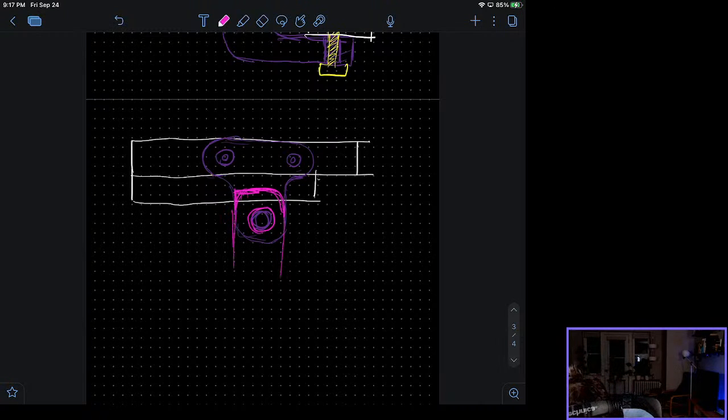It's gonna come down, and it's gonna come out like this. But again, I need to make sure that I'm printing it with either the back side or this front side flat, so that